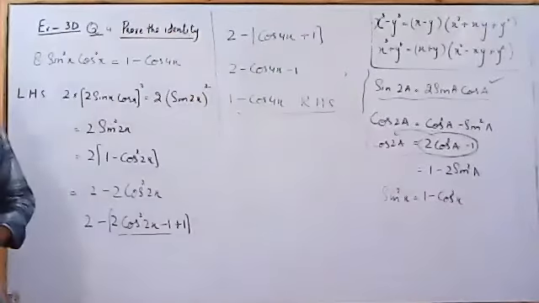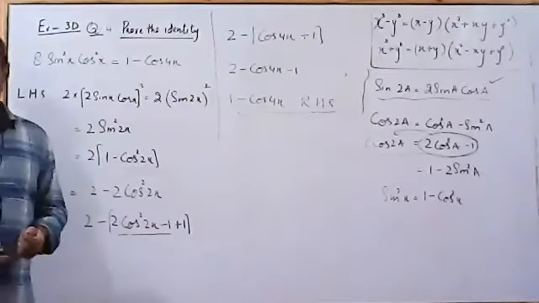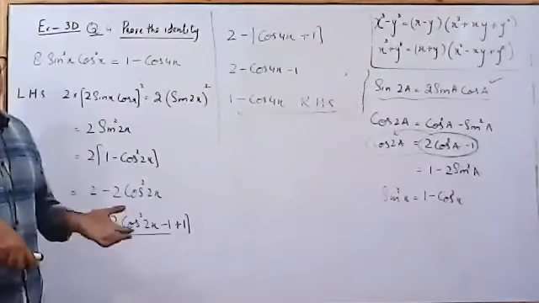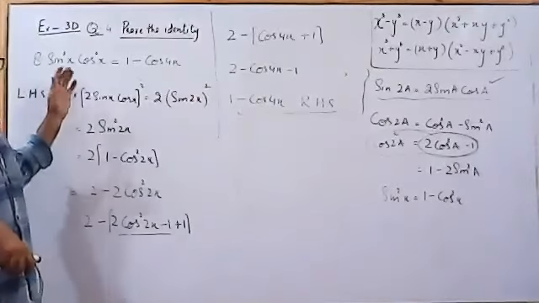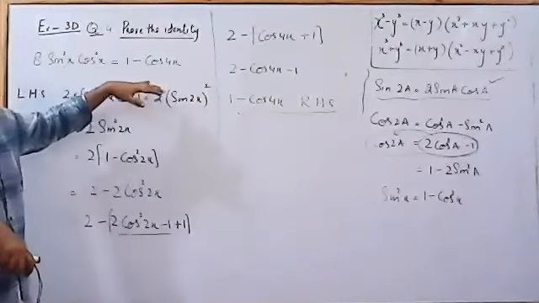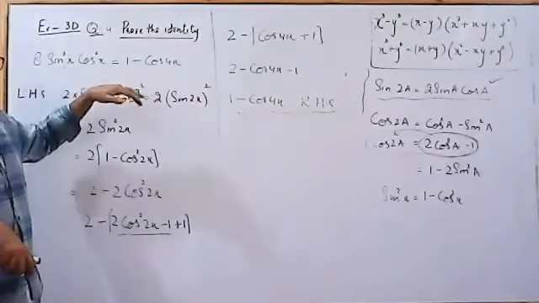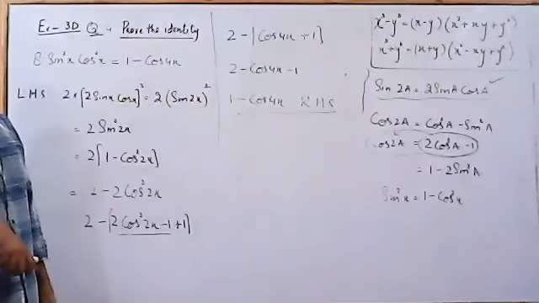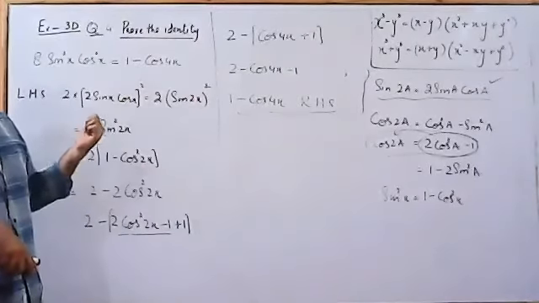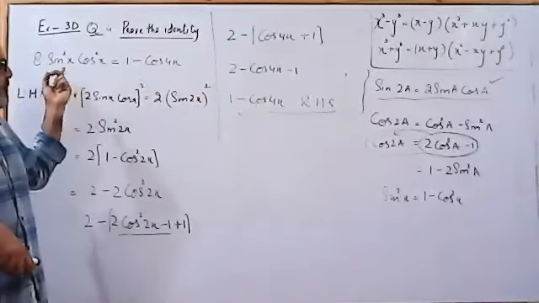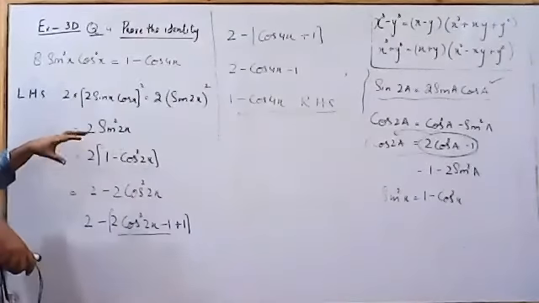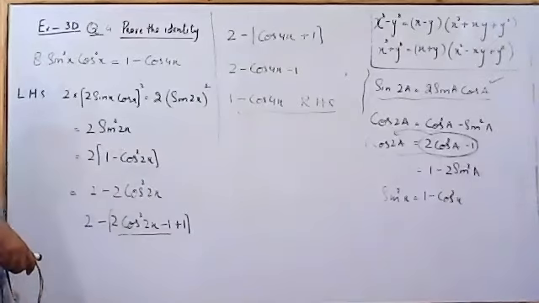I solved this question in a different way just to show that it is not impossible to start from the other side. I can change x into 4x as well, but it is a bit more convenient to change 4x into x as we did in the previous 3 examples. In this example, I tried to convert x into 4x. So it is not impossible, but it is a bit difficult as compared to the previous technique.